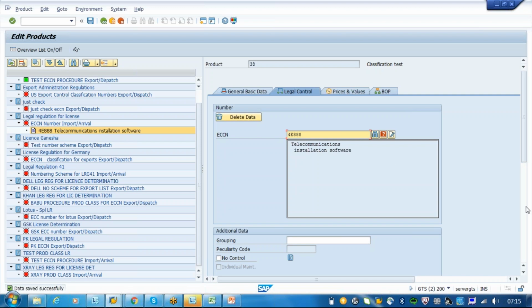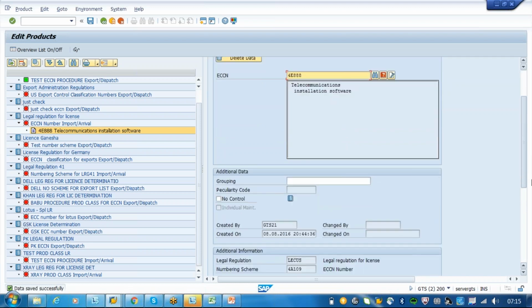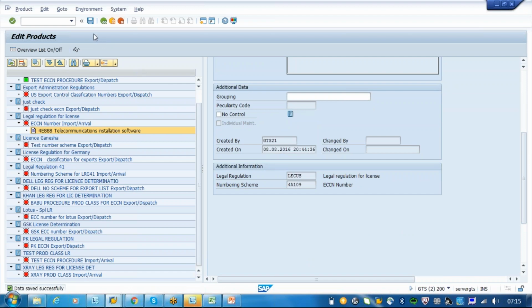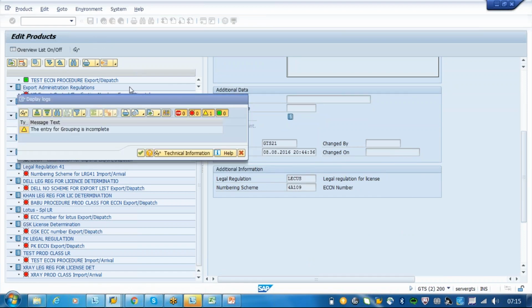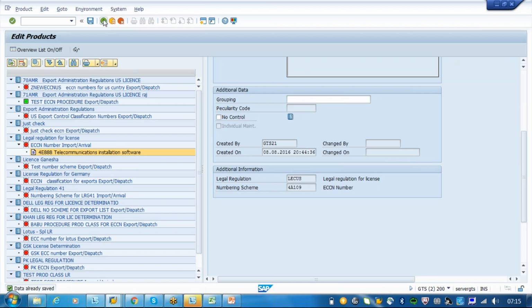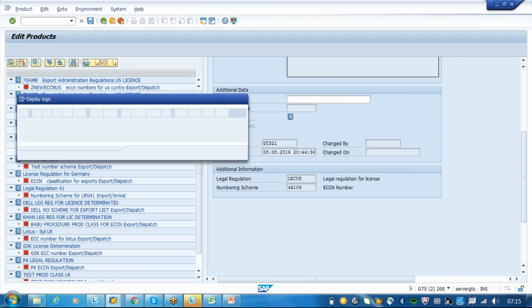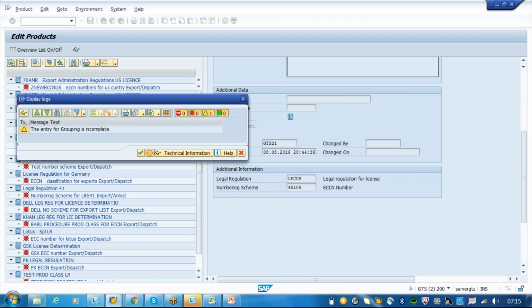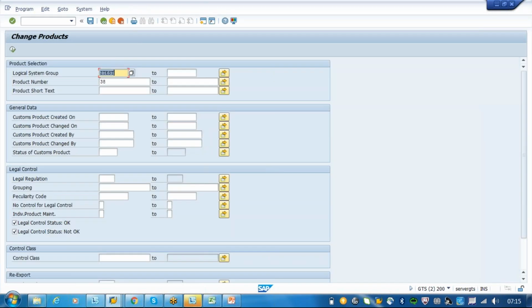So then the next step, once the classification number is assigned, is that you have to assign this to your license. That is the second one. License assignment will be the second one. But now, are you clear on this? What is this license, or what is a legal control classification? A bit confusing, this part. You still have a question on this? Yeah, a bit confusing, this configuration part of it.